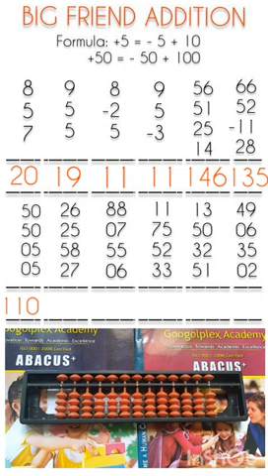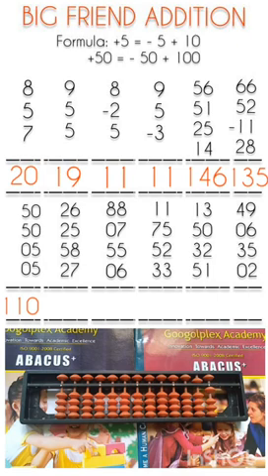Now question number 8. We have to solve 26 plus 25 plus 58 plus 27. First number is 26. So 20 and this is 6. Add 25 to this number. Addition of 20 is done. Addition of 5 not possible directly. What we have to do? Minus 5 plus 10. Now plus 10 is also not possible on the tens rod directly. Again same thing. That is, we have to apply the small friend formula of plus 10, which is plus 50 minus 40.